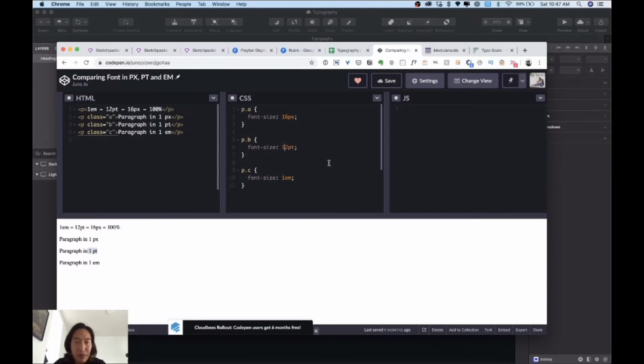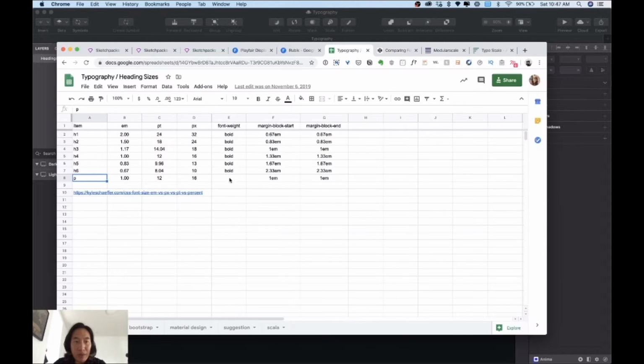If I use the points at 16, it's not going to be the same result anymore, because 16 points is going to be a little bit bigger, you see? So to be the same size, in points it's going to be 12 points. So let's go back here and let's start